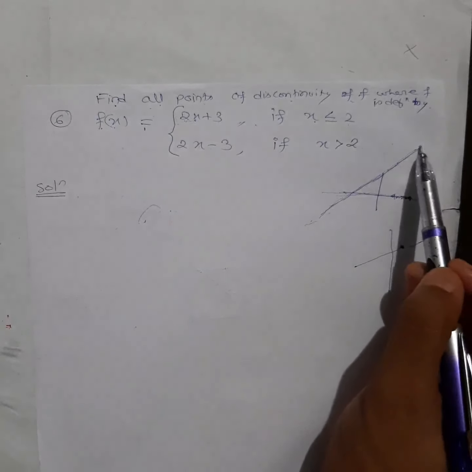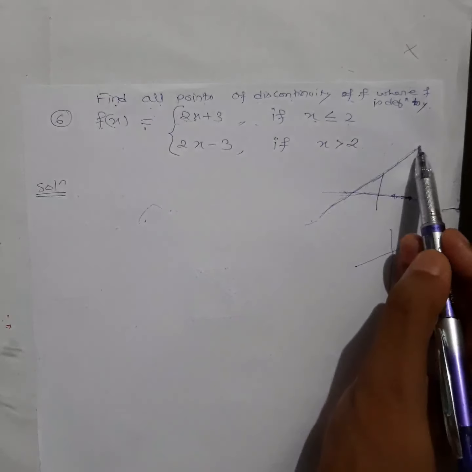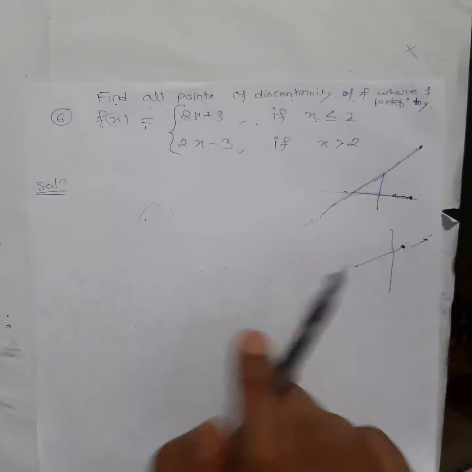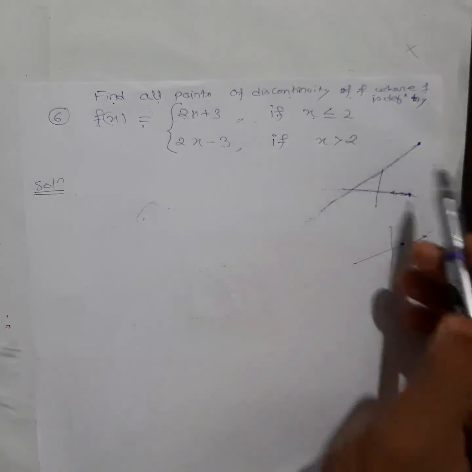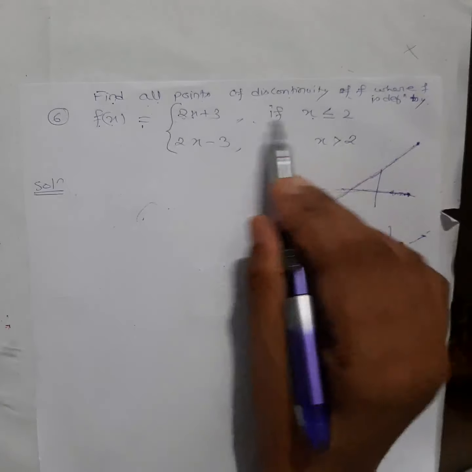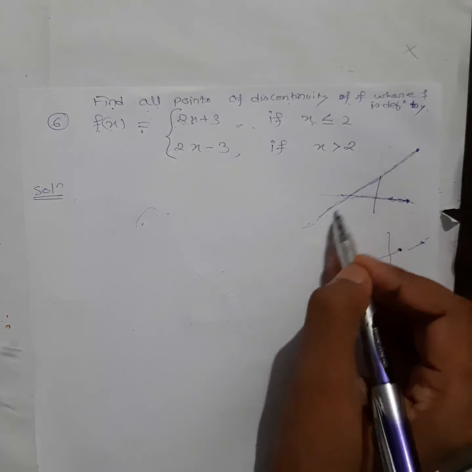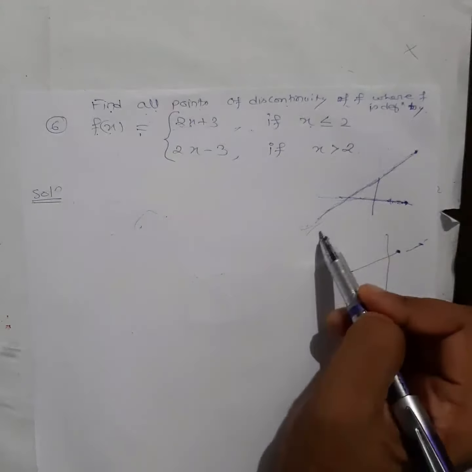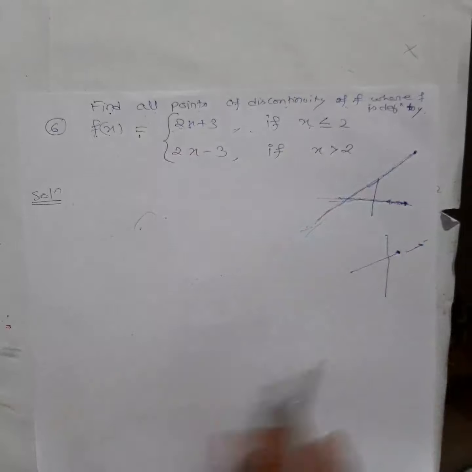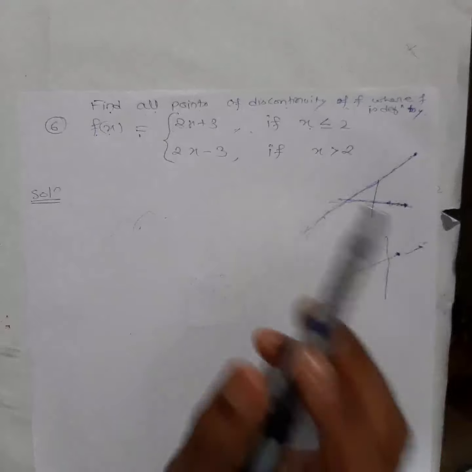Okay, what do I have to find here? Points of discontinuity, meaning where the graph will break. Now the chance is that at 2 it might break. We don't know. After this, whether the line will be there or not, whether the graph will be there or not, that I don't know. Less than or equal to 2. After this, at 2 will be this point, right? After that, whatever point you take less than 2 and put it here, obviously you will get a point, meaning you will get a straight line. Okay, this will represent a straight line, and the points we are taking are less than or equal to 2. So obviously the graph will not break here. That is confirmed. Less than 2, the graph will not break. Okay, so this you need to understand.